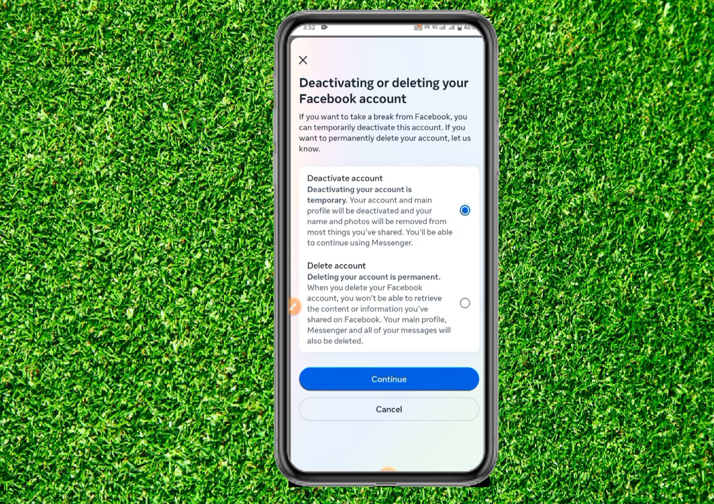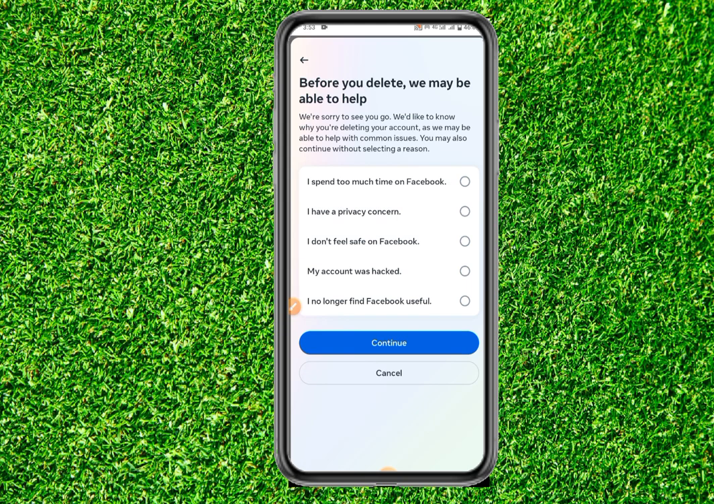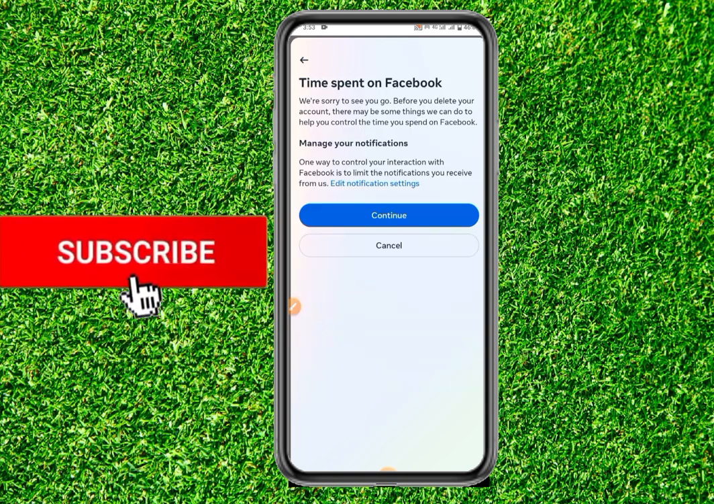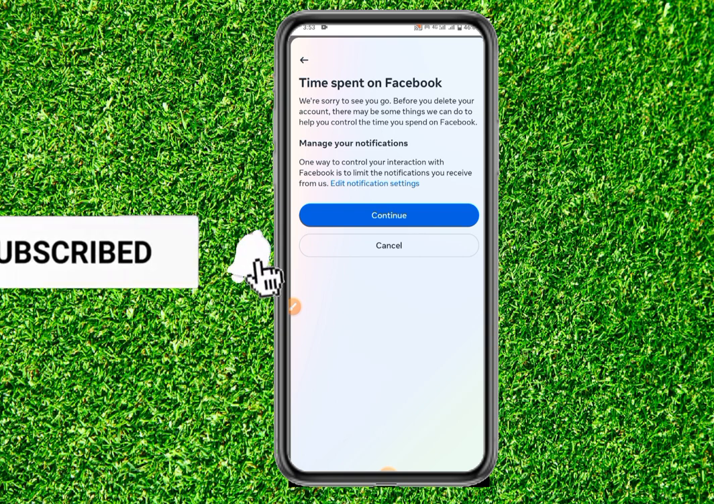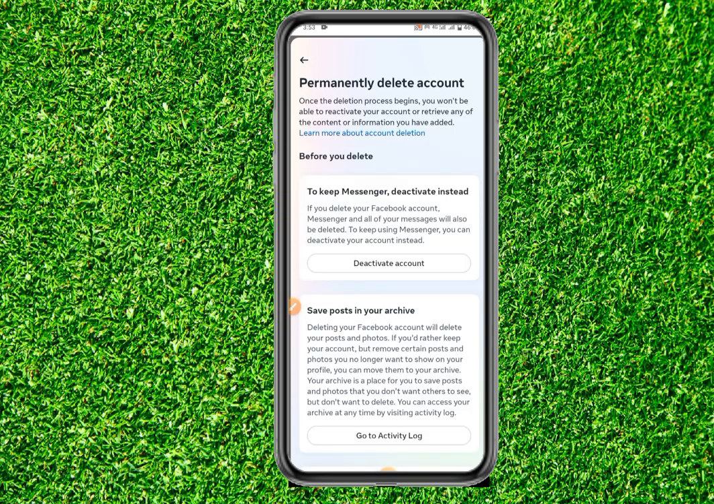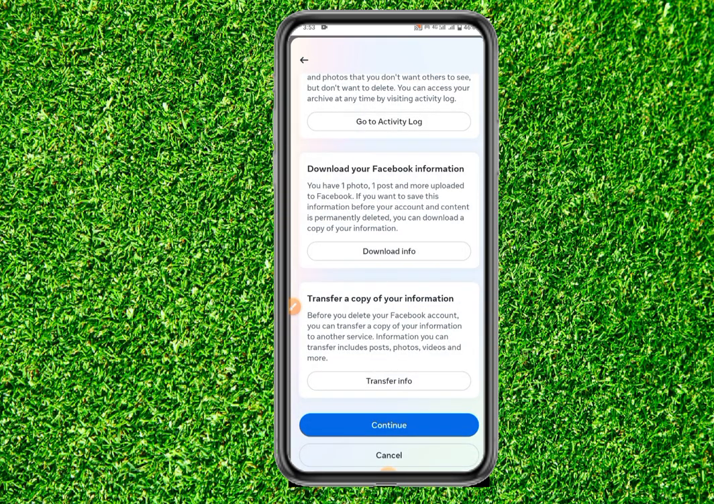And then here are the options. If you want to deactivate your account, select the first option. If you want to delete your account, select the second option. I'm selecting the second option, and then further click on continue. And then here you have to choose an option, or you can choose any one which you like. I'm selecting the first one, and then further click on continue, and then click on continue again, and then come down and again click on continue,